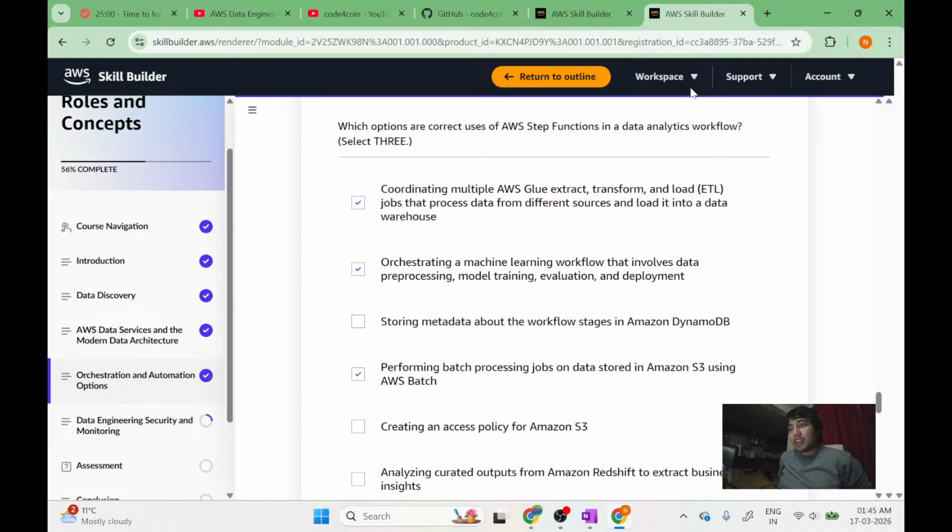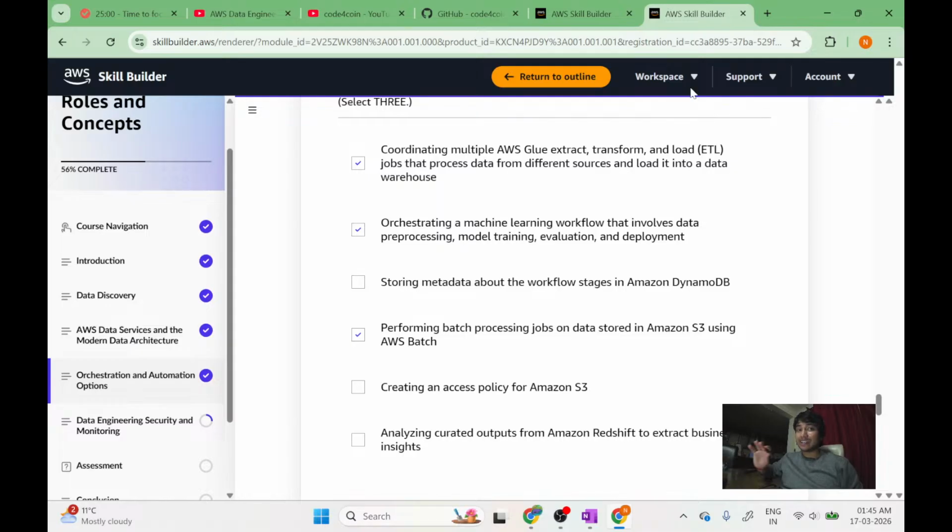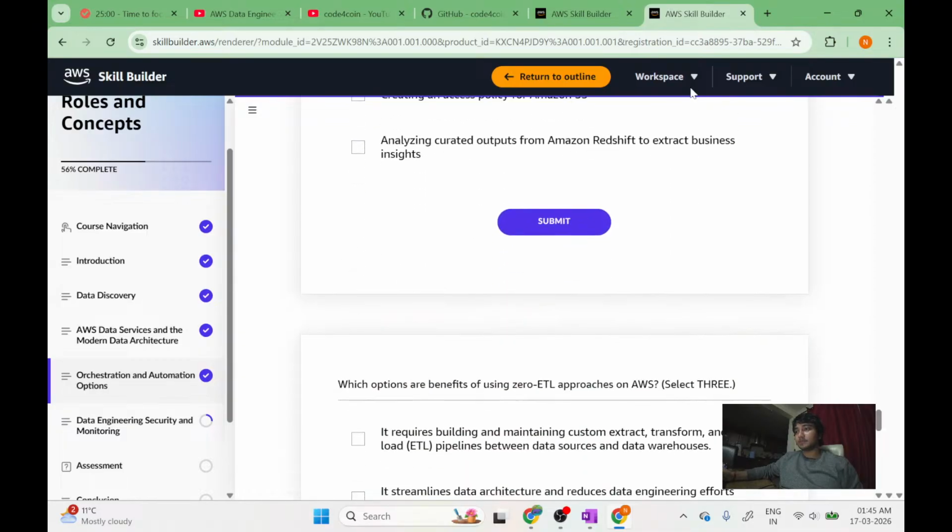I think I need to understand a bit more, but as per my understanding, it invokes and triggers AWS Batch processing that you created, through an event-based trigger. But again,